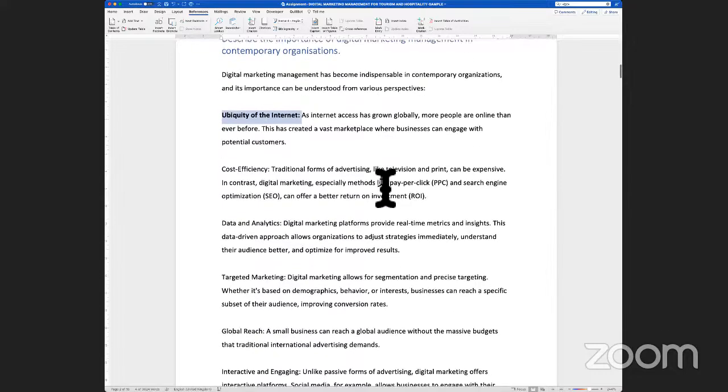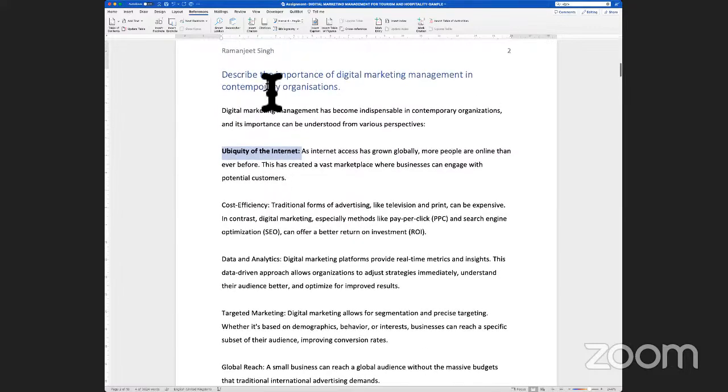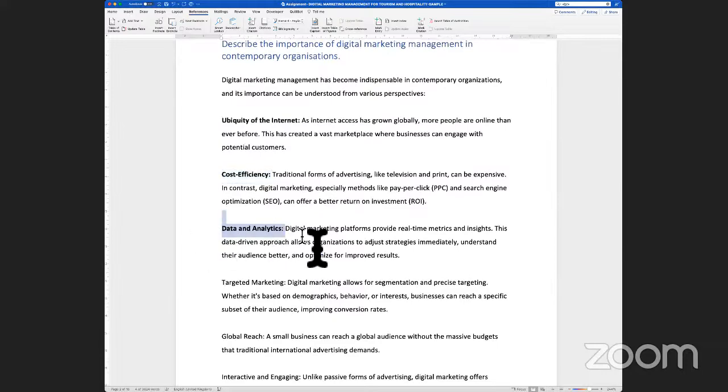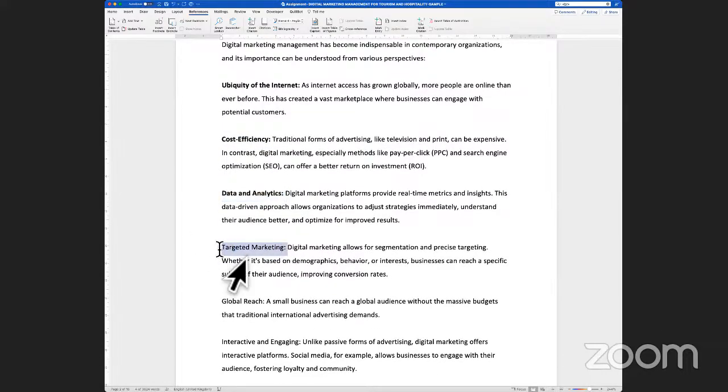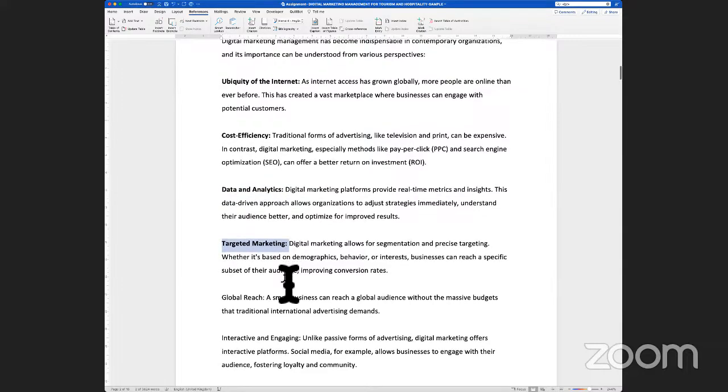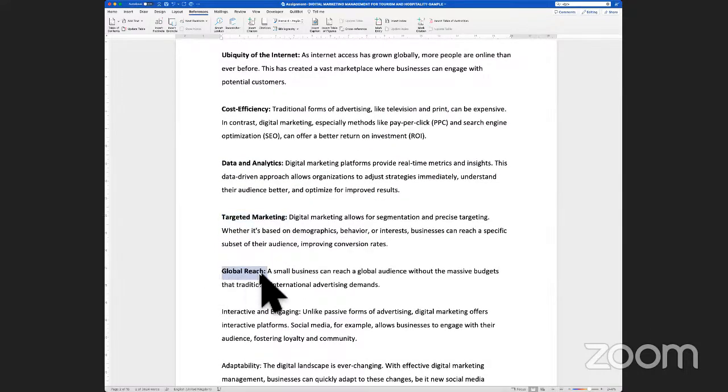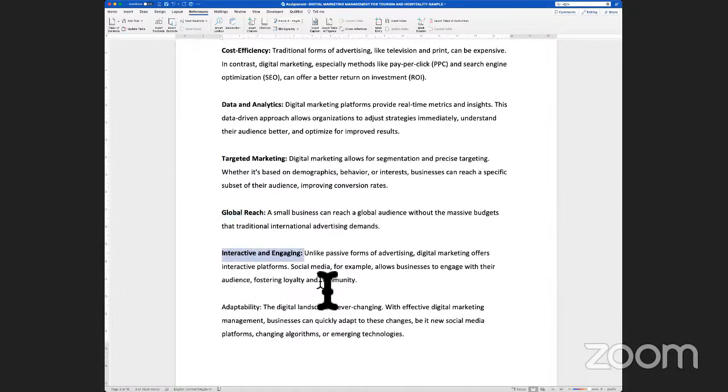So using the internet, obviously the importance of digital marketing has grown because it brings in factors like cost efficiency, what customers are browsing on your site, what rooms are they booking. If they don't like it, they exit your website. You are able to gather analytics from it, and then you are able to also have global reach and audience with regards to selling your empty capacity of the rooms, assuming we are taking a hotel here. But it could be an airline, it could be any sort of a tour operator or a holiday package. But generally looking at this allows you to advertise your products and services through the internet globally.